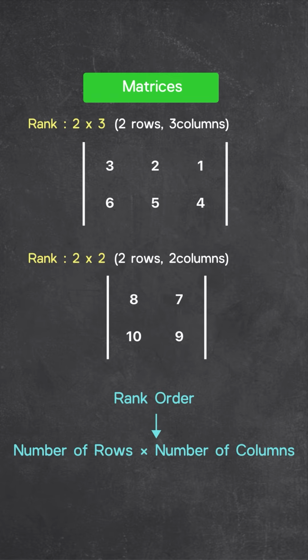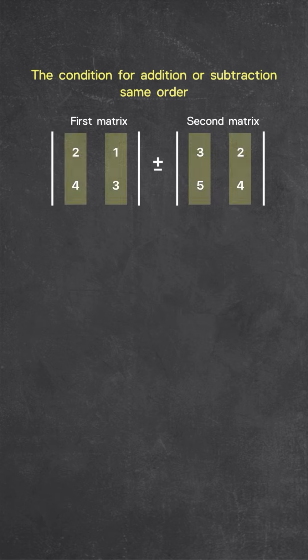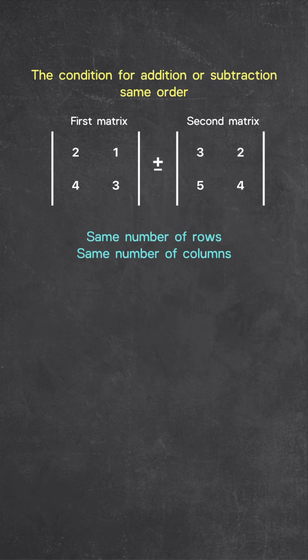Why do we need to focus on the number of rows and columns and determine the order of the matrix? Because of mathematical operations. To perform addition or subtraction, the orders must be equal, meaning the number of rows of the matrices we're adding together must be equal, and the number of columns of the matrices we are adding or subtracting together must be the same. So the addition and subtraction operations for matrices require that the orders be the same, meaning the number of rows of the two matrices and their number of columns must be the same in order for us to add or